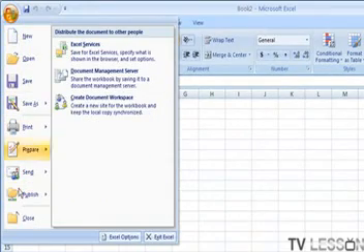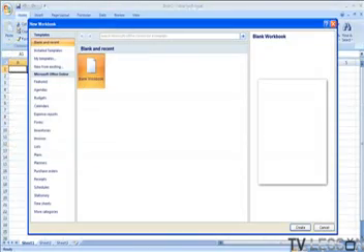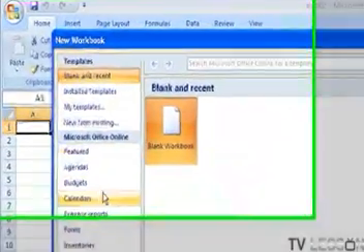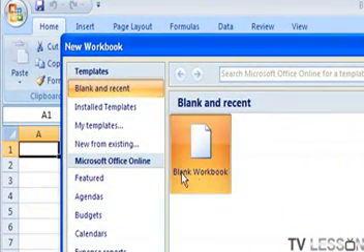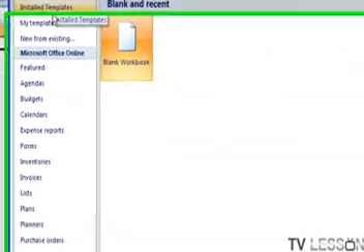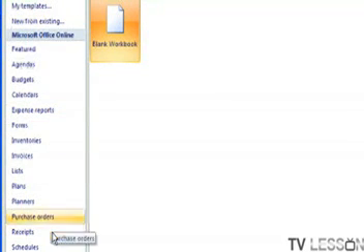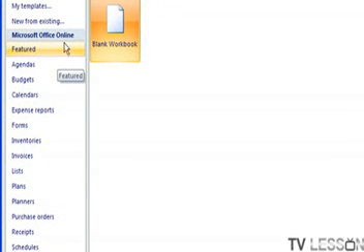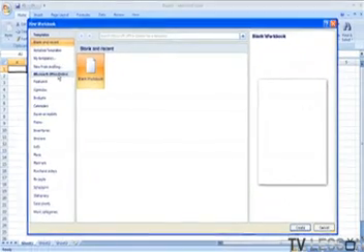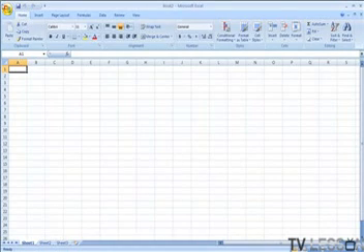Let's say, for example, we click on New here, and you can pick a blank worksheet, or you can pick different templates, and if these are not enough, you can even go online to Microsoft to get a template that's more appropriate. The other buttons are